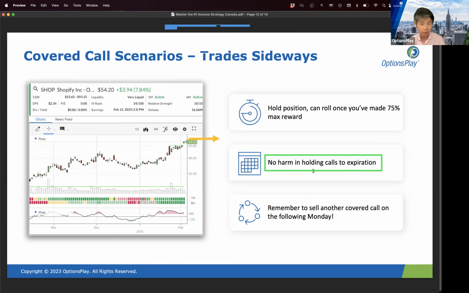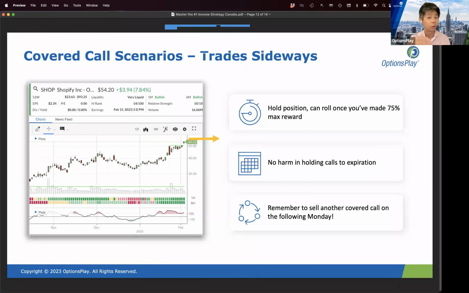Now, for those of you that are more active, as you get closer to expiration, you can start rolling that strategy. Usually, when you make about 75, 80% of the total premium, so let's say you sold something for $1, it's now trading at 20 cents or so, and the stock's not moving anywhere, buy back that call and sell another call option, another 45 days out. If you want to be more proactive, you can do that. But if you're not very active and don't want to manage these actively, this is not a strategy that you have to manage actively. You can simply let it expire worthless.